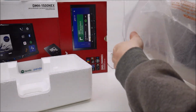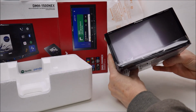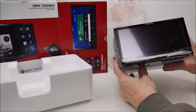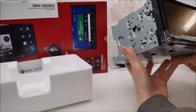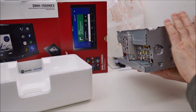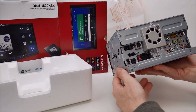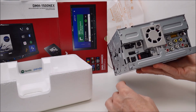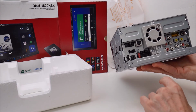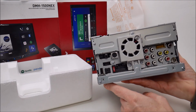And the RCD 330, although it is a double DIN like this, of course it's larger because it has a bezel with buttons on it. The RCD 330 is actually a half DIN. There's only half the space here. This is a full 2 DIN unit. So on the back here, without looking at the user manual, I can't tell you what everything is, but